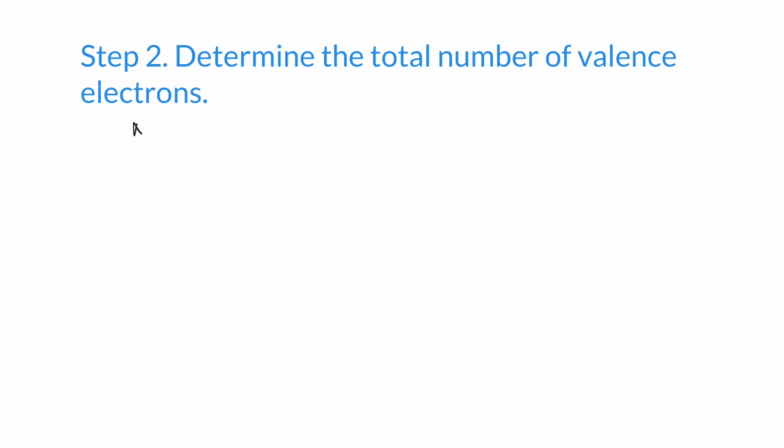For example, NF3, now BF4 minus. In this, determine the total number of valence electrons. Nitrogen atomic number 7, 1s2, 2s2, 2p3. So this is called valence electron. These are valence electrons, meaning 2 plus 3. For 1 nitrogen, 5 valence